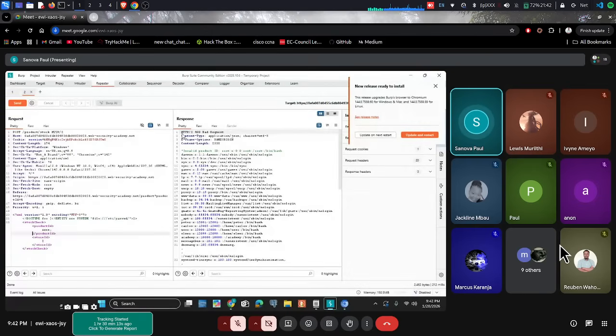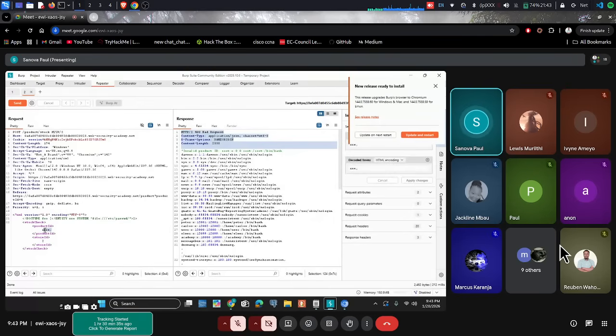It has done an HTTP 400 bad request, content type application JSON. It's a bad request. But look at the response that we have gotten from the internal systems: invalid product ID. It was supposed to say invalid product ID since I had put product 4. For instance, here it's reading 4. If I pass anything else, it will say it's a bad request, an invalid product ID, but